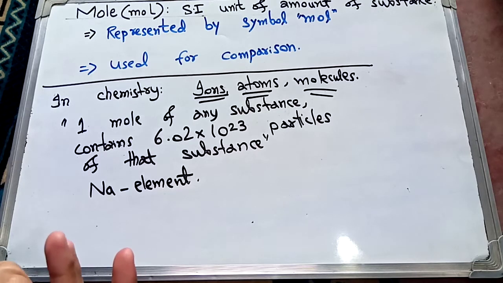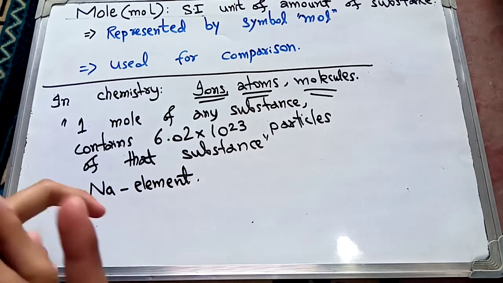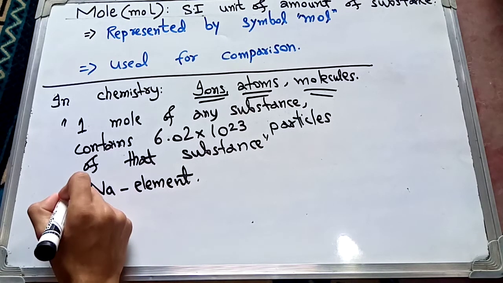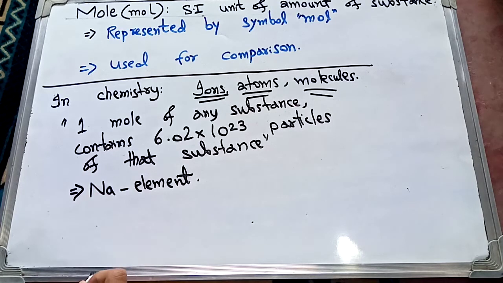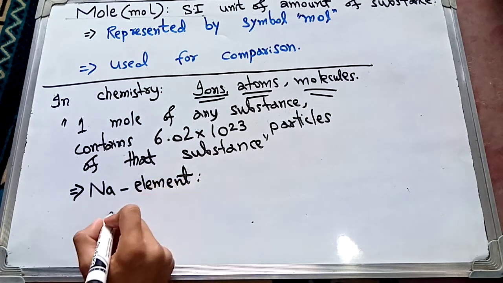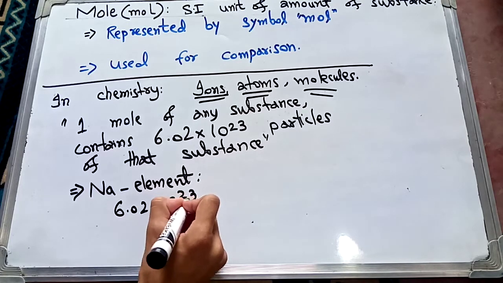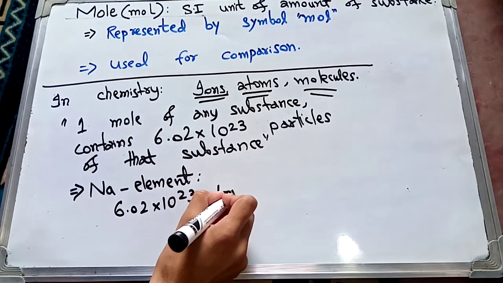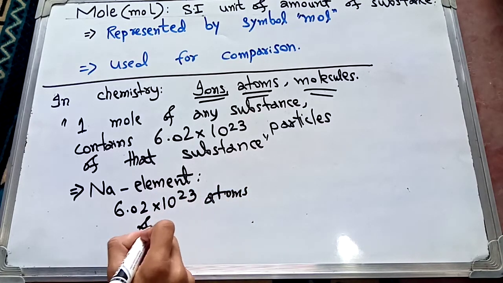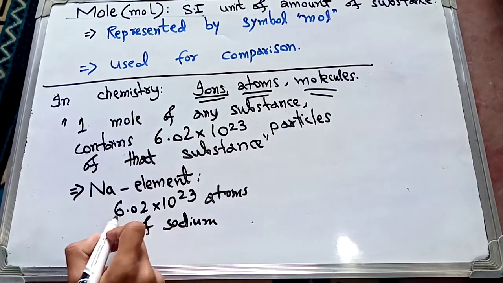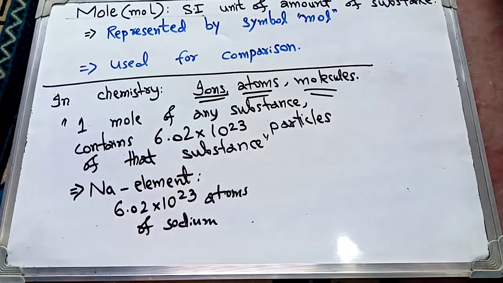Okay, how would you pick up 1 mole of sodium atoms or sodium element? In other words, you are asked to provide 6.02 multiplied by 10 raised to power 23 atoms of sodium. And since it is a very large number, these atoms should form a macroscopic sample which can be seen, which can be handled. Okay,